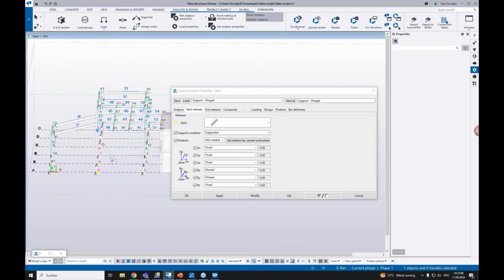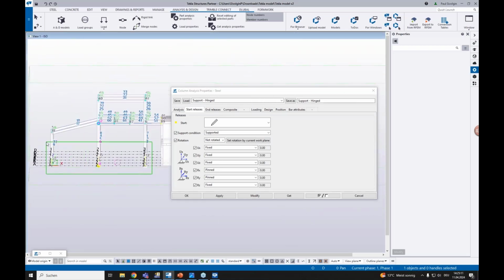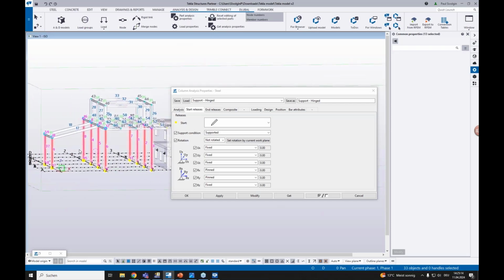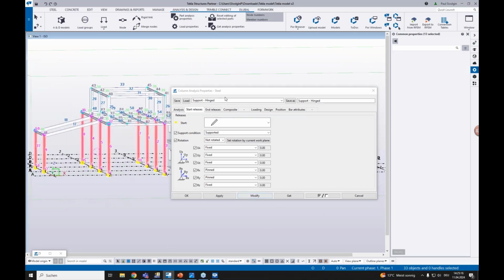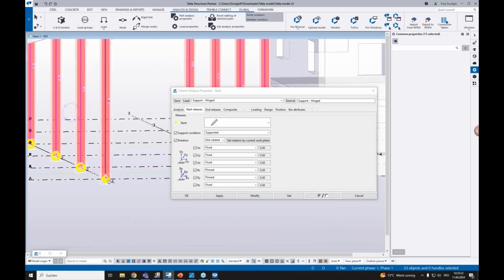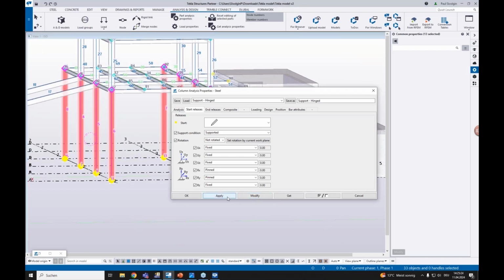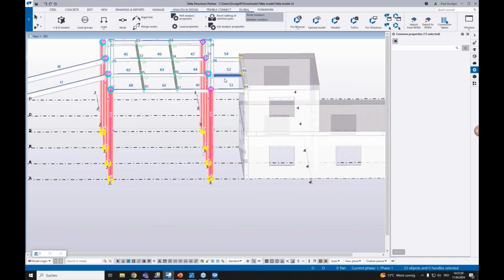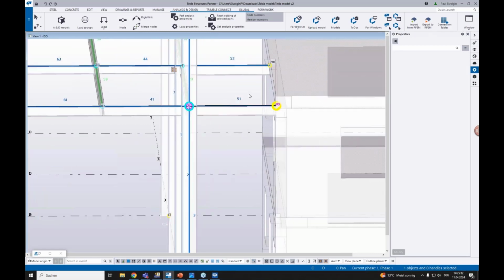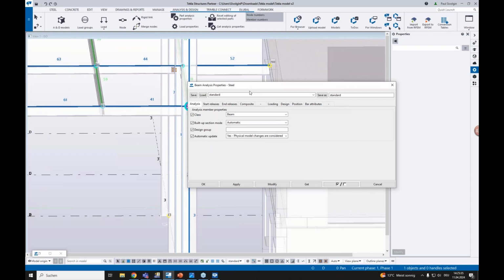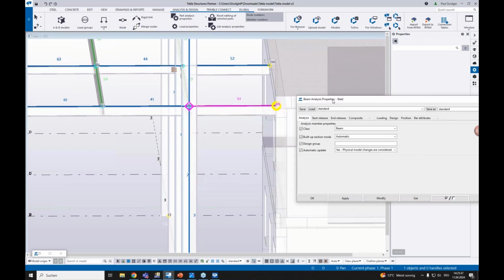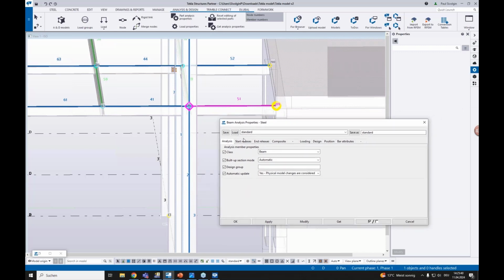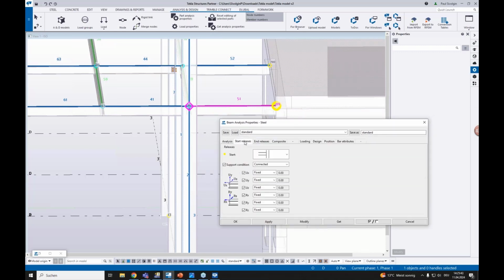And now I can just say, okay, I mark all my columns. Okay, I have every column, and say, okay, I want to modify these columns and add a hinge support at the start, at the yellow square. So modify and apply. Okay, now we have a support for all our columns. It works the same way for our beams. So it's the same principle. And here you have the member type, and you can also, as said, define